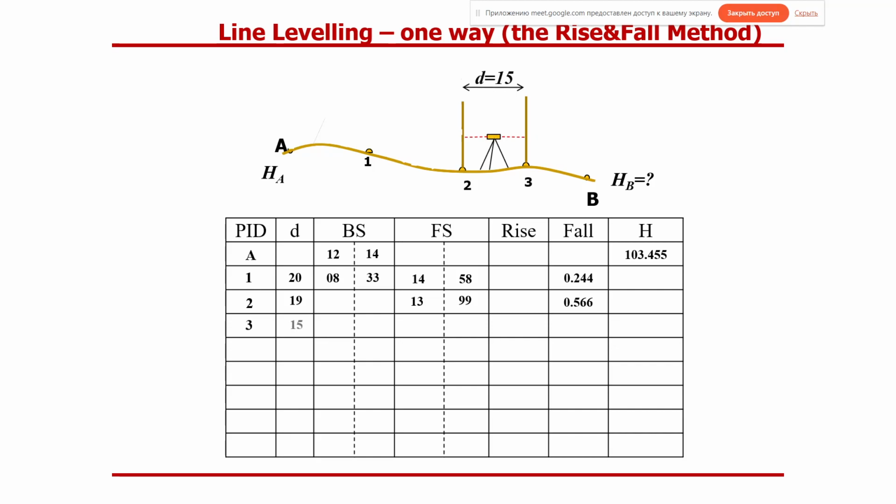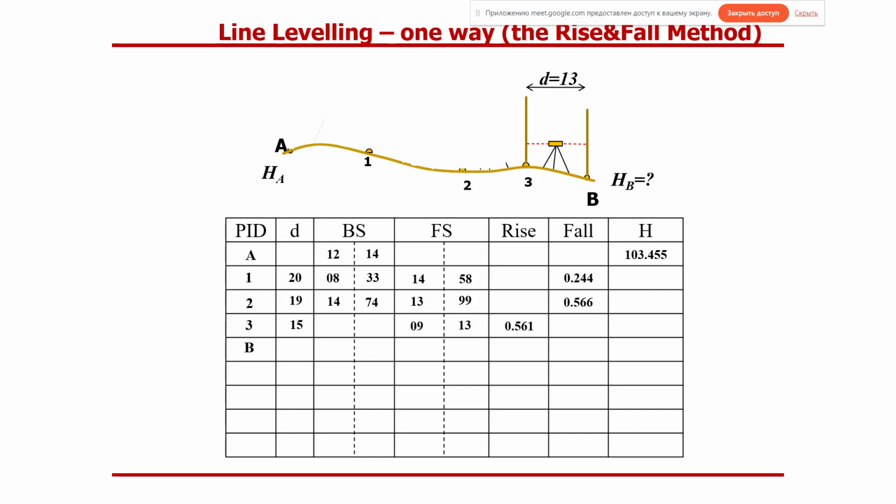The third station, we put the staff from the point 1 to the point 3. We calculate distance using our distance hairs in the crosshair. We write down the readings for back staff and fore staff, and in this case you can see the small rise 0.561, and